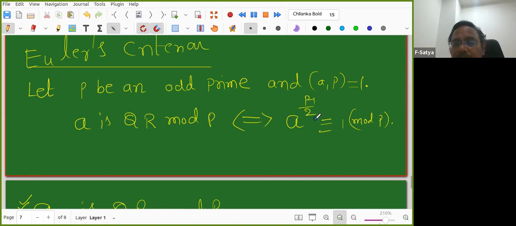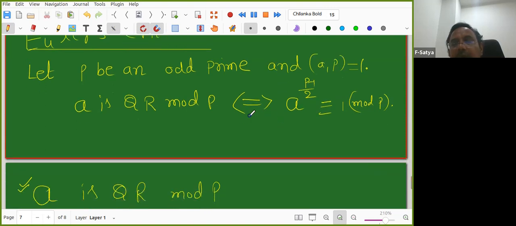But don't worry about that. What I want to say now is that it is a clean formula we are getting. If a power (p minus 1) by 2 equals 1, then it is a quadratic residue. Otherwise, it is not a quadratic residue. But we'll bring out exactly what the value is later, if a is not a quadratic residue also. What is exactly this value, a power (p minus 1) by 2? I'll bring it in a while. But are we done with this proof completely?